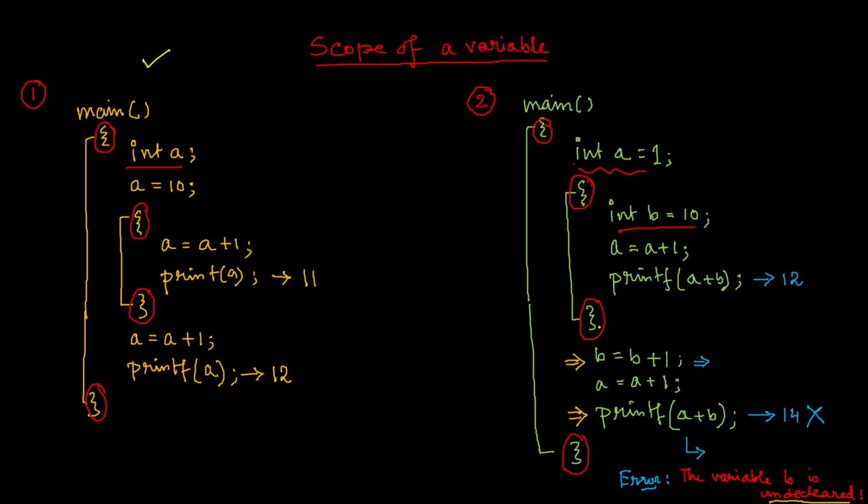Okay. Now, how can we break this? We will see very soon. How can we break this scope? Obviously, this is a limitation, but we cannot write a program with this type of limitation. So somehow I have to break this limitation, so that scope will not matter. How do we do this? We will come to it very soon. But before that, we must discuss something related to this scope, for example, the concept of what we call local and global variables.